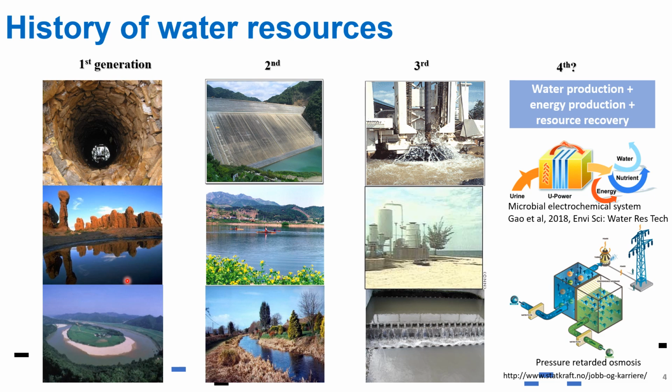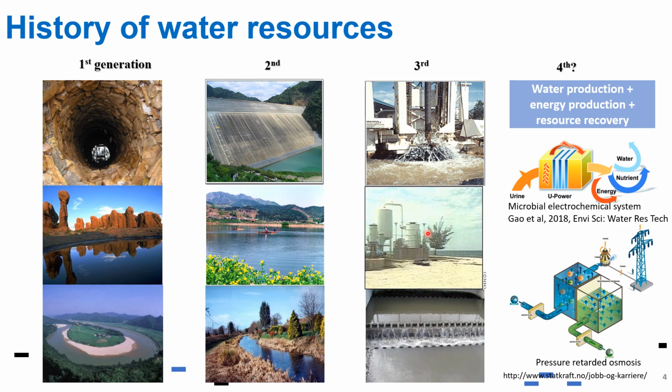The second generation is on building some reservoirs, like dams, some artificial reservoirs, and some canals, for example, to have our pathways for water and storage of water where we get our drinking water systems. The third generation, that we are currently in now, is the use of alternative sources of water, like wastewater, trying to convert the wastewater into useful water for potable or non-potable reuse. We also have desalination plants, trying to convert seawater into drinking water